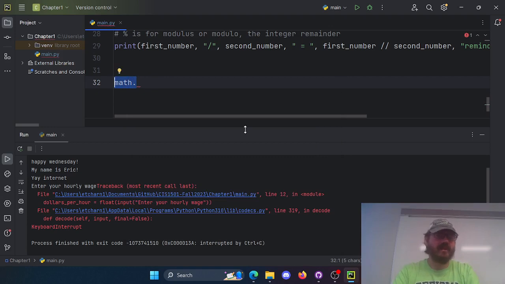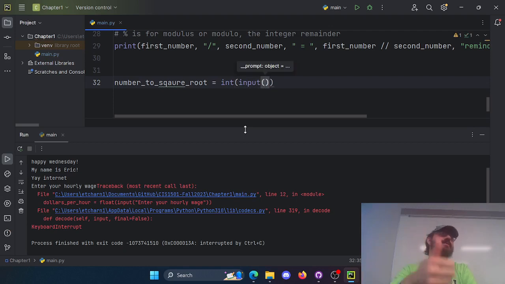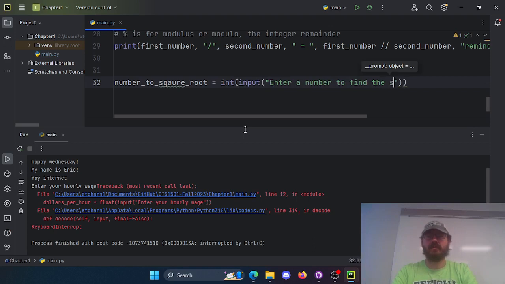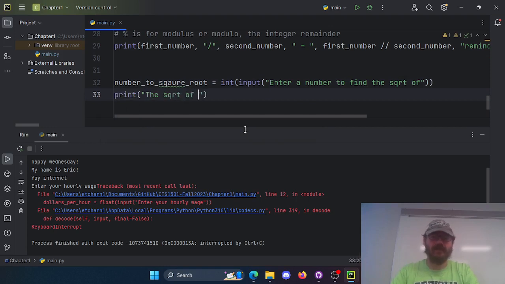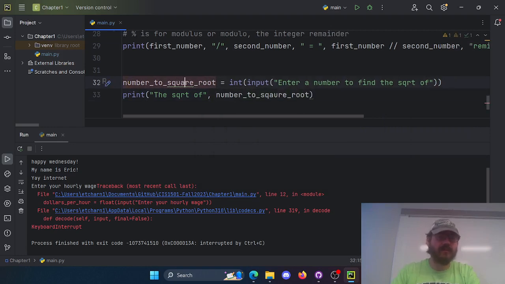So we can say, hey, let's get a number here. So this is a number to square root. It's an int of an input, right? We're going to say, hey, give me an input, turn it into an integer. A number to find the square root of, and then we can print the square root of, and then we can just comma separate right in here. So my number to square root. Did I spell it wrong? I did. It's nice of it to tell me I spelled it wrong. Square root